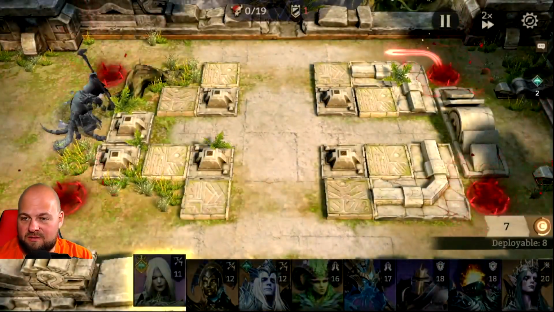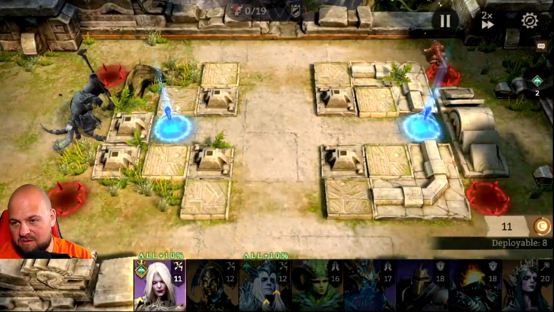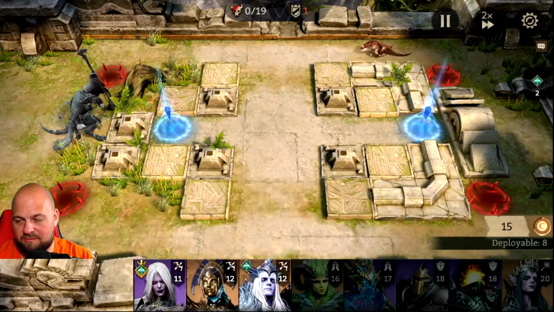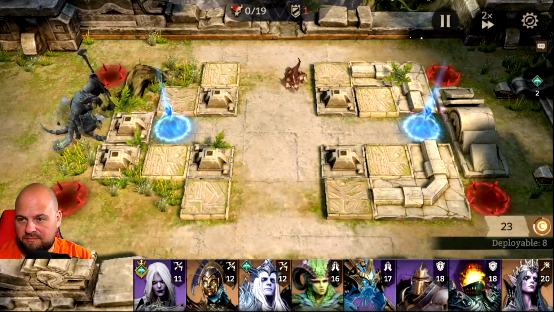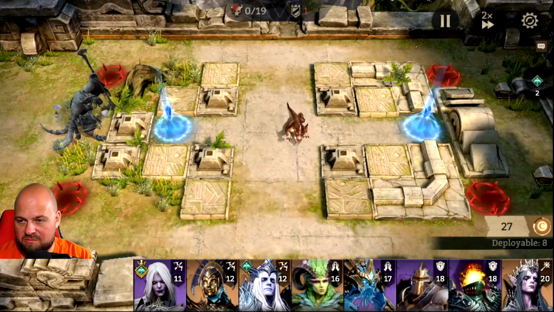So here we go. We got 2 portals to defend in a plus shaped little map here. So we get a little bit of overlap. First guy coming in, we're going to go ahead and put down